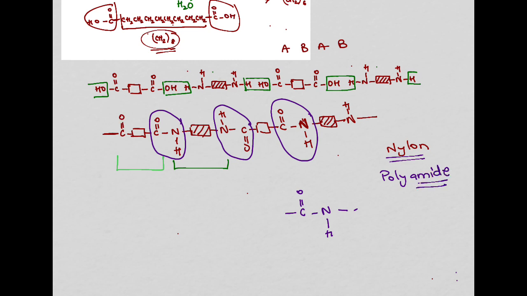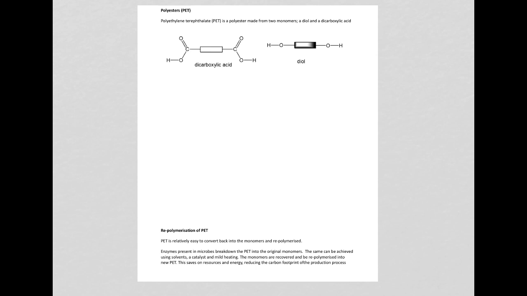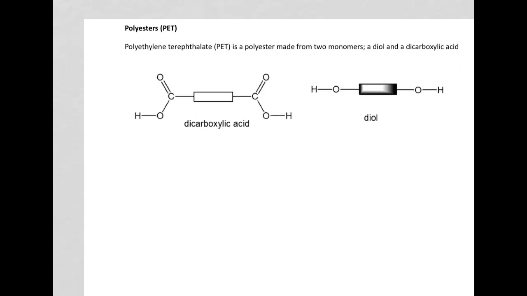So in a polyamide, you will have multiple amide linkages and alternating boxes. So one empty box and one shaded box. Just be careful that to each box you have similar groups here. So you have C attached, and then to the shaded box you have N attached. Now similarly, if you look at PET